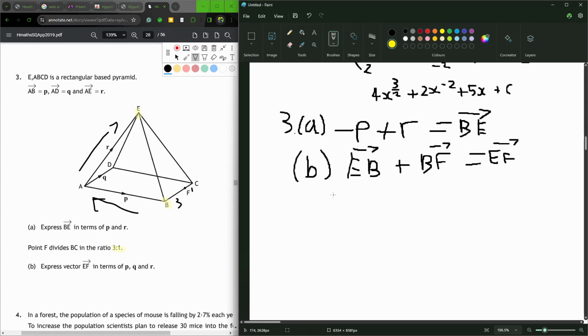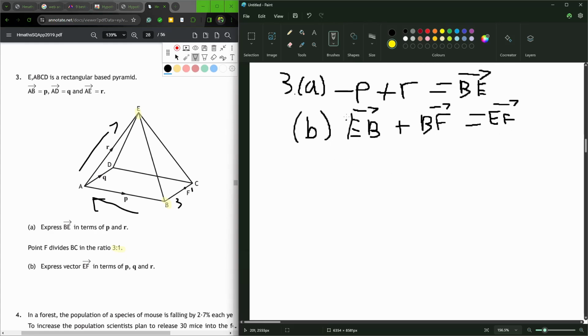Cool. And then we already know what E to B is, that's going downwards along R, and across P. So yeah, the reverse of that one. Now B to F, it would just be Q, because